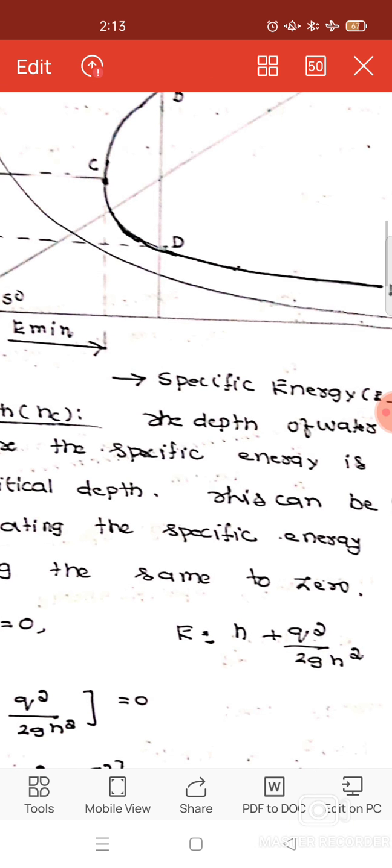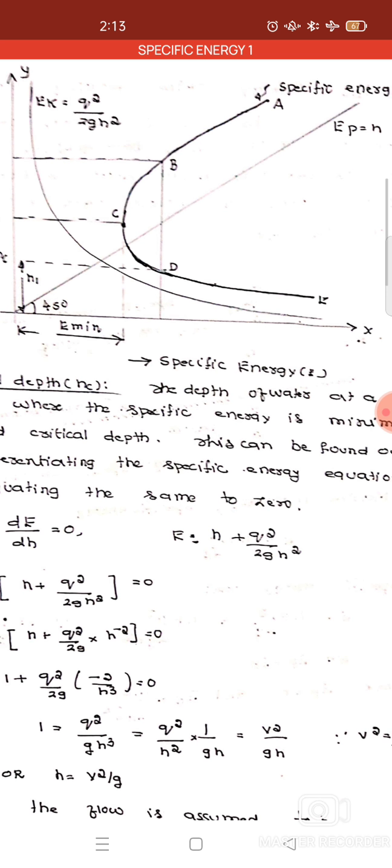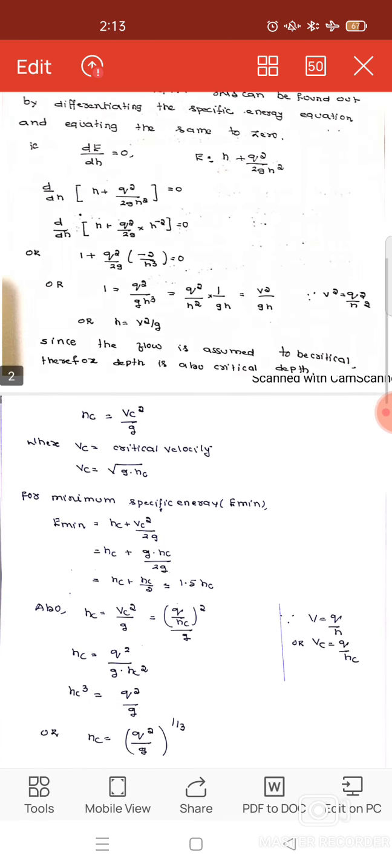In the same way, h1 is the minimum depth, that is at point D. We can see where the curve has changed, we'll say that is C, and it is in between h1 and h2, and hc represents the critical depth. So the critical depth occurs at the section where the specific energy is minimum. We should remember that we have the value at B, the value at D, but the minimum is exactly at point C, where you'll get the parabolic curve.